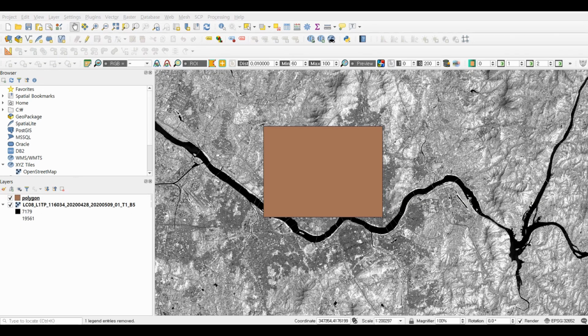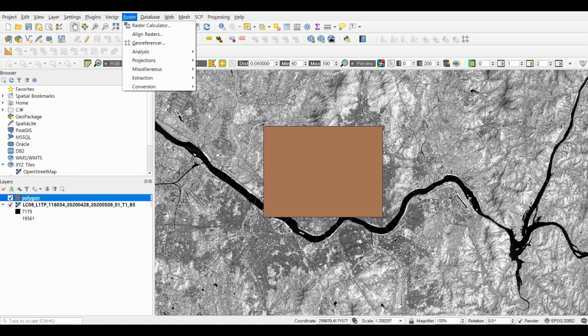Finally, let's go for the second method. It is to clip a satellite image by a mask layer. First, import a mask layer in QGIS. It's this one. And go to the raster menu and go to the extraction menu.